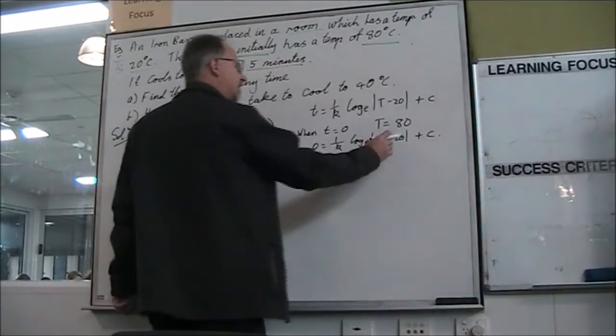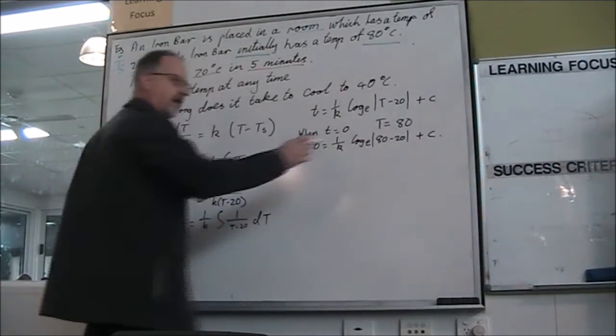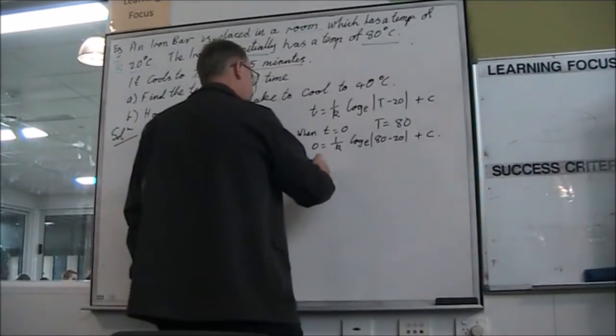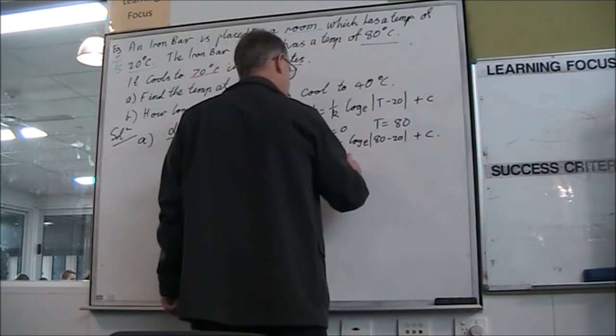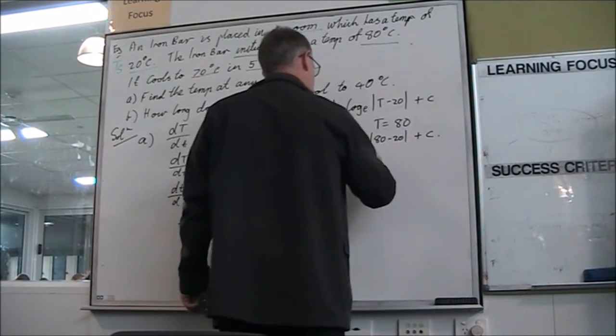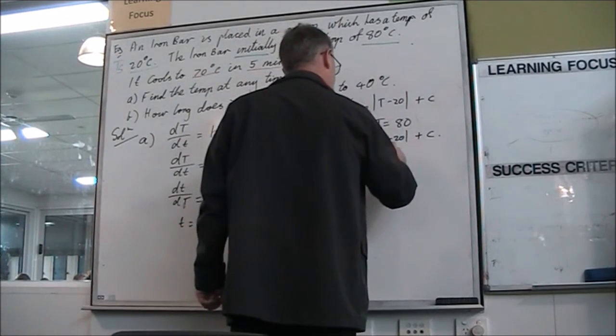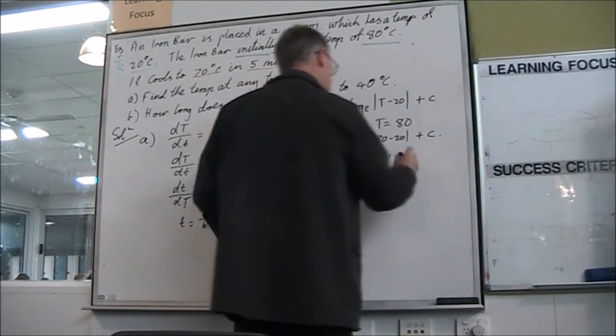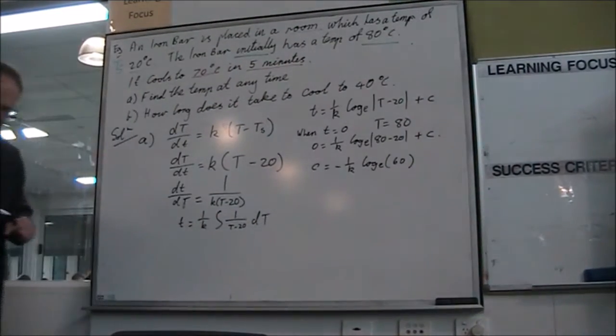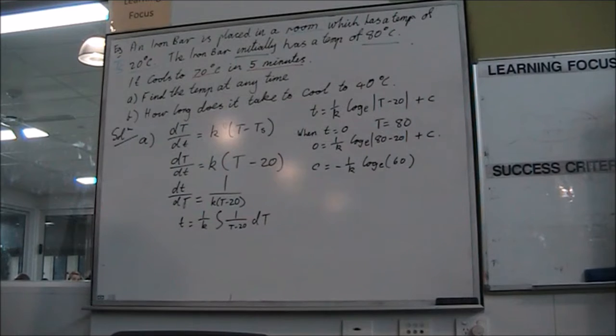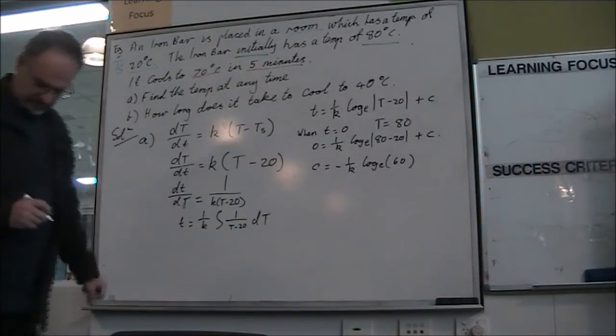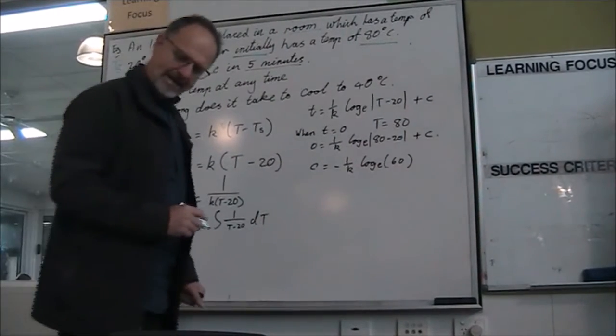80 minus 20 is 60, of course, and then we can take that stuff from both sides. So C would be 81 on K, log to the base e of 60. All right, happy with that? All right, so when we put that in,